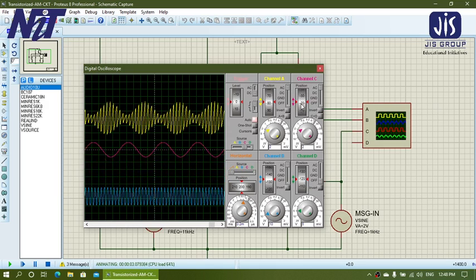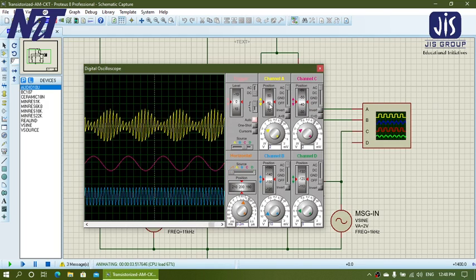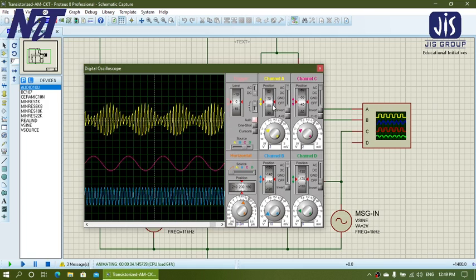Here your message signal is in channel C, and channel A is your modulated signal output. So for every channel you have a respective volts per division knob. Here your amplitude modulation output at channel A volts per division has been set at 2 volt per division.